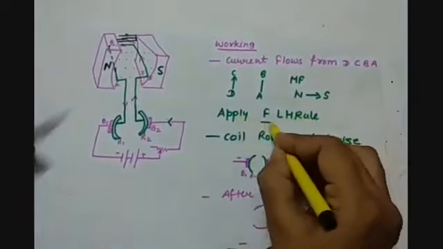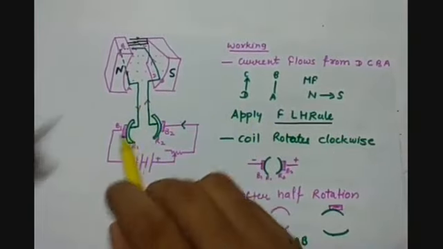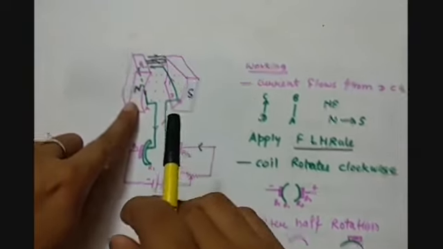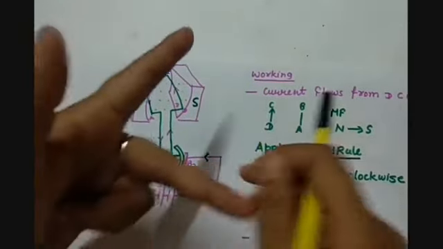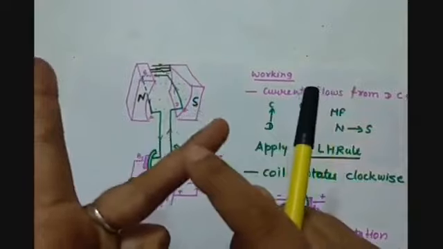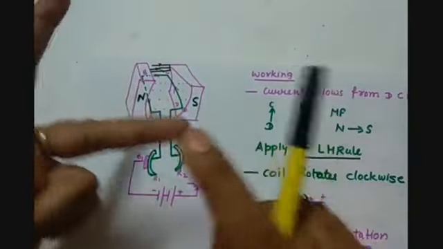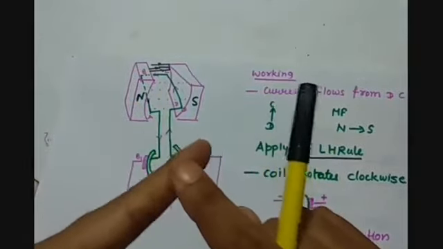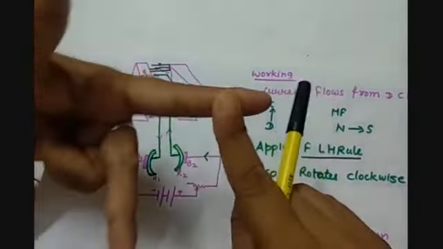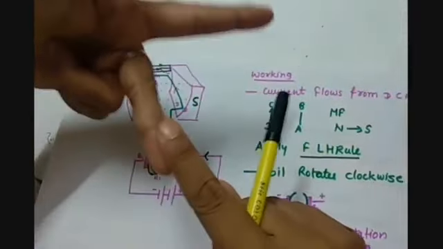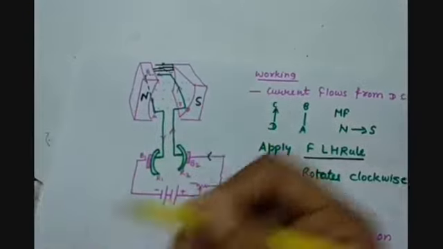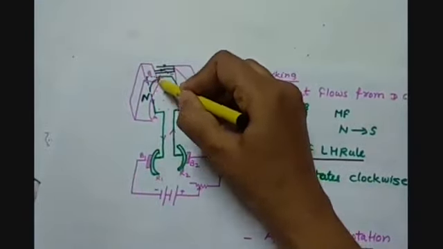Now we apply Fleming's left hand rule on both the arms and find in which direction that particular arm will move. So in case of the arm AB, if we apply Fleming's left hand rule, we have to align the central finger according to the direction of the current and the first finger according to the direction of the magnetic field. So we know that the magnetic field is in this way, but current is flowing in this way. So you can see my thumb is pointing upward. So this arm will move upward.